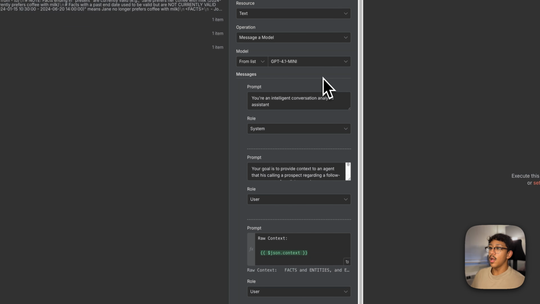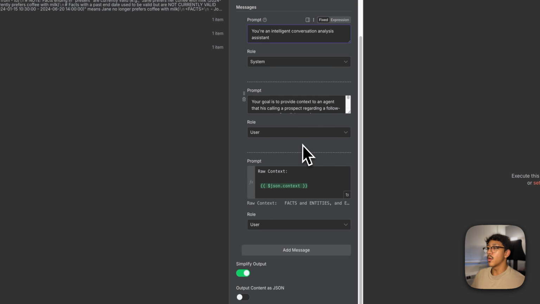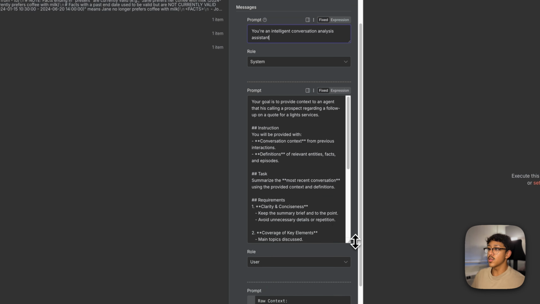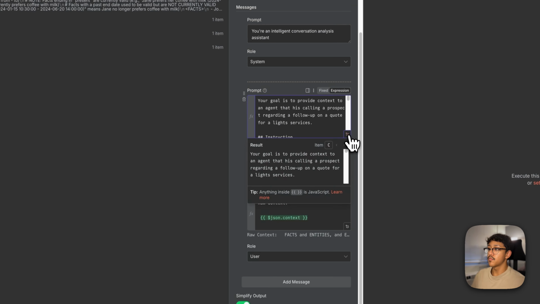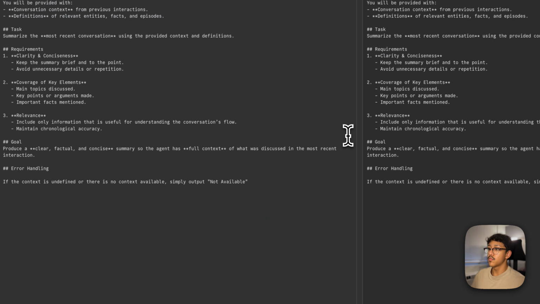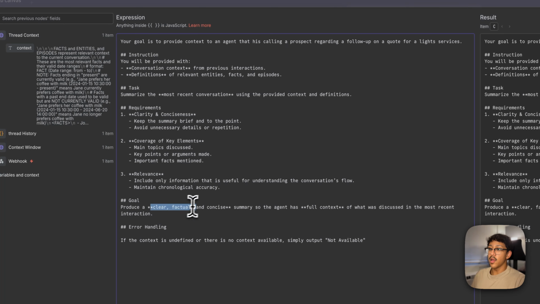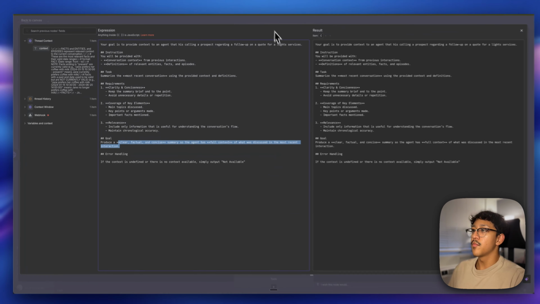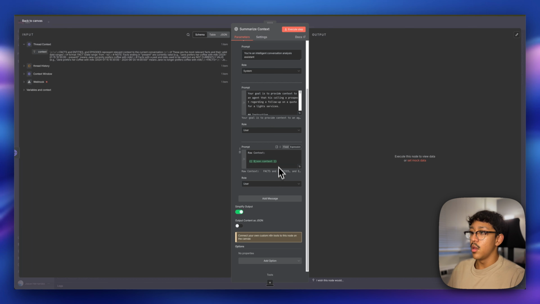And here's the prompt. We're going to have a system prompt. You're an intelligent conversation analysis assistant. Then we're going to have a user prompt where we're going to give it sort of the instructions. So let me open this up. Very simple. You'll be provided with a conversation, definitions of entities. The requirements are that there should be a clarity and concise summary, cover the key elements and the relevance. And the goal is to produce a clear, factual, and concise summary, as mentioned before. And then the next user prompt is just going to be the output from the HTTP request. So if I run that,